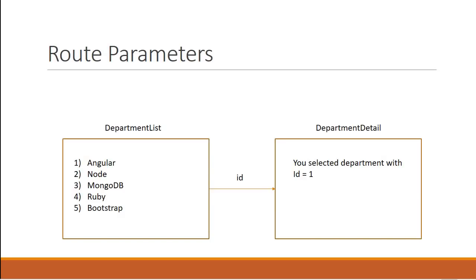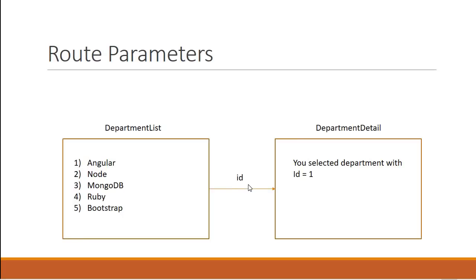Alright guys, in this video, let's see how to pass and read route parameters. Here is what we are going to do. In the department list component, we will have a list of departments: Angular, Node, MongoDB, Ruby, and Bootstrap. Each of them has a corresponding ID: 1, 2, 3, 4, and 5. When you click on a department, we will navigate to the department detail component, passing the ID of the department